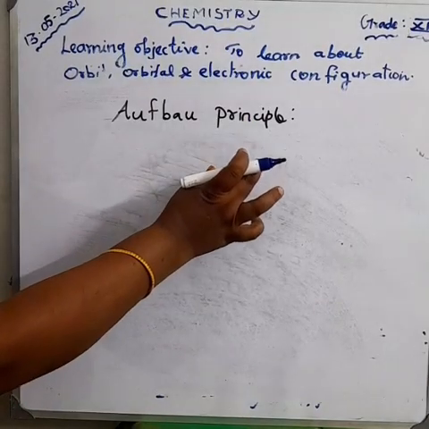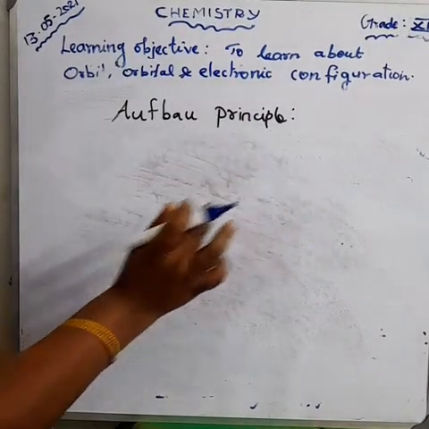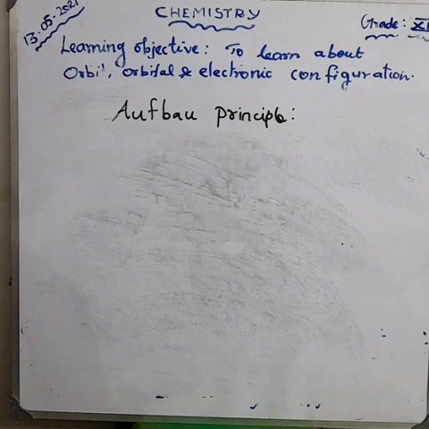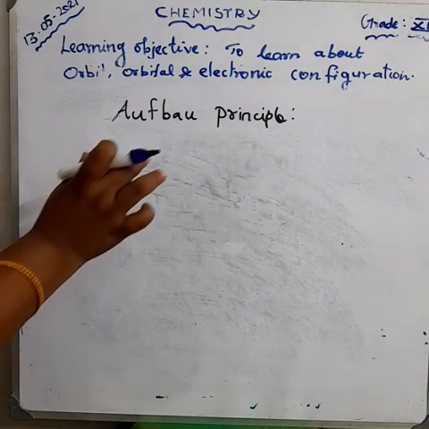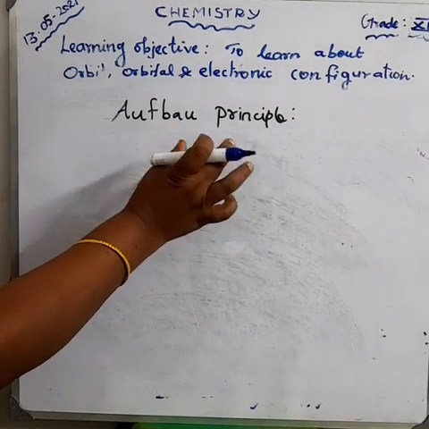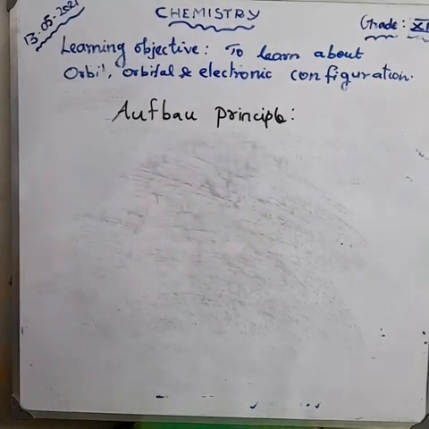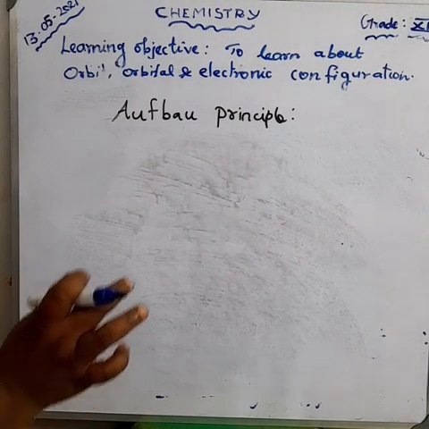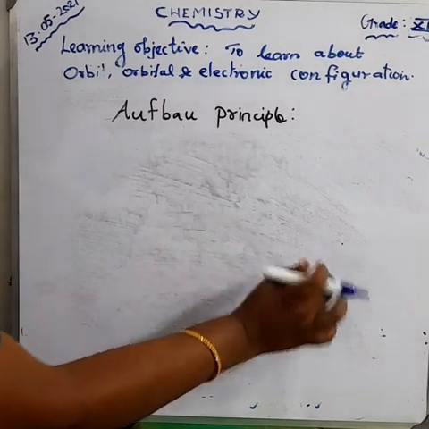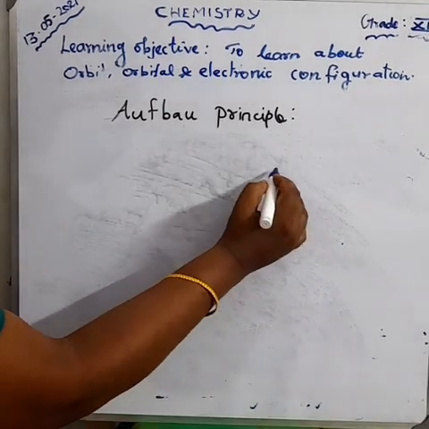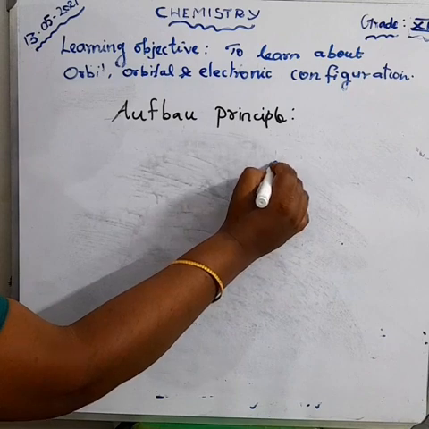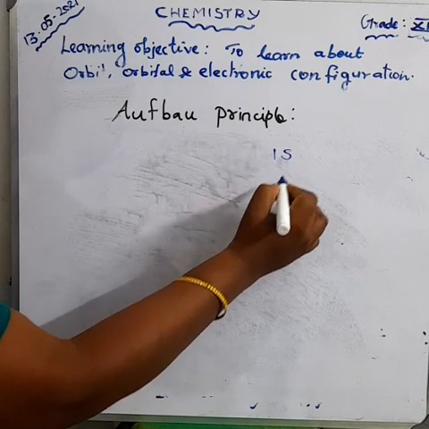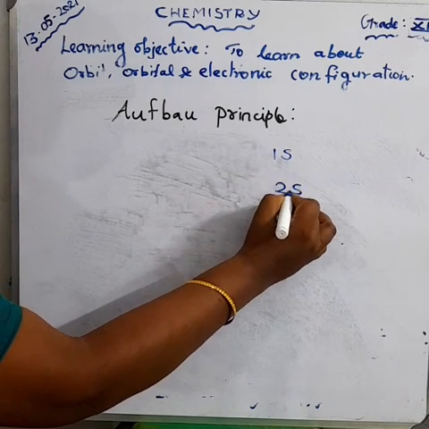According to the Aufbau principle, we can write the electronic configuration of the elements. What do you mean by the Aufbau principle? The electrons first occupy the lowest energy orbital. Lowest energy orbital means first 1s, and 2s, 2p,